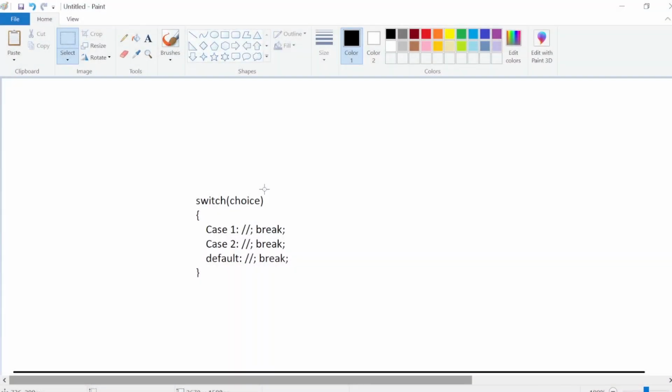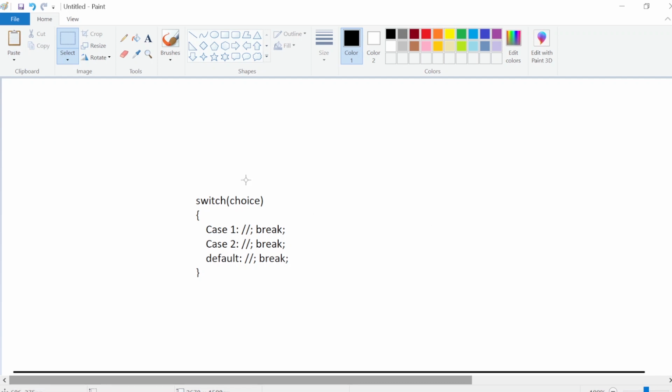Today we are going to discuss the switch case. Switch case is also the same as an if else condition, but in switch case you can only use comparison between values. You cannot check whether age is less than 18 or greater than 18. You can only check whether age is equal to 18 or equal to 19. So simply put, you have to compare the value in it.